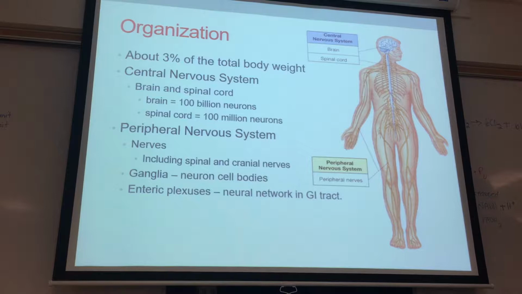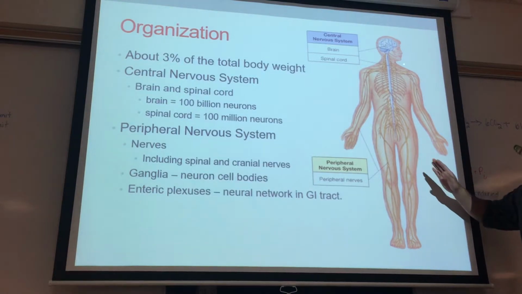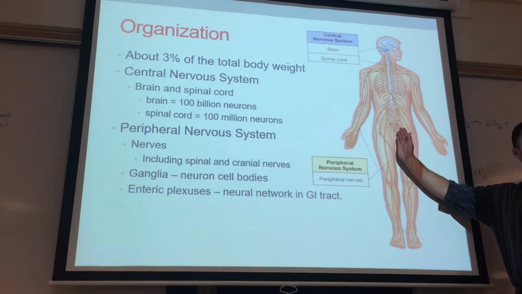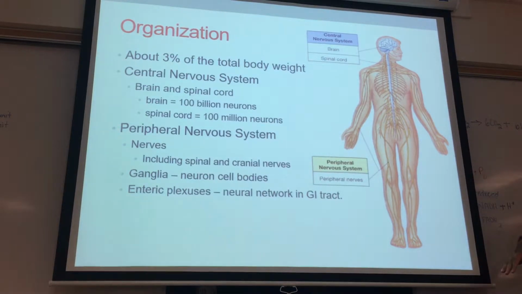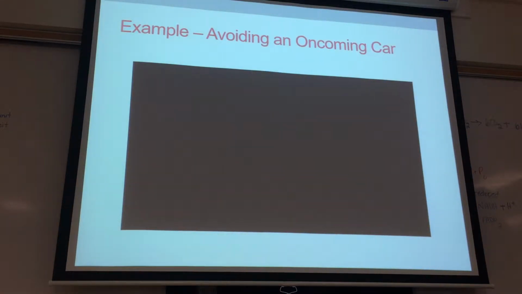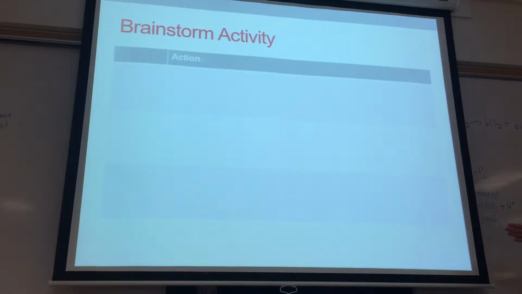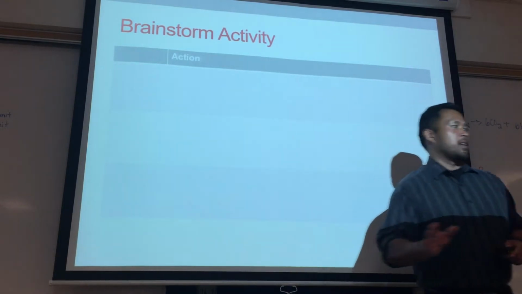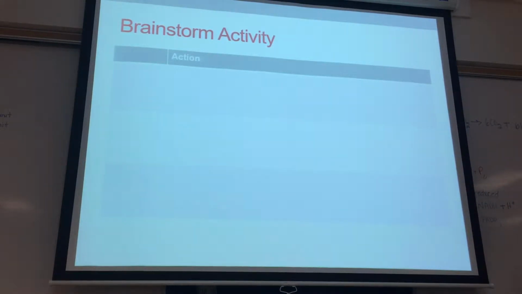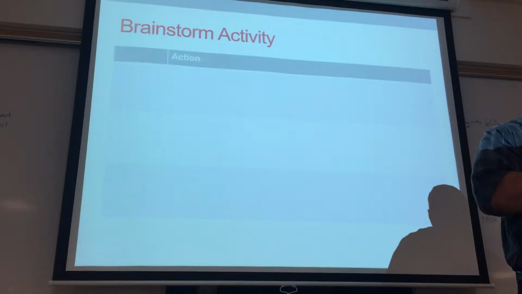Now, I pointed out earlier that with the central nervous system, we saw information come in, and then we see information coming out. So let's take a look at an example of that. In my example here, what you're going to be able to see is a car coming towards somebody. And so what I have for you on the next slide over is stuff that we're going to do together. This is a brainstorm activity. I'll have you guys pair up or group together, or even just give yourselves a couple minutes to think through this exercise. And what I'd like you guys to think about as we go through this exercise is to think about,